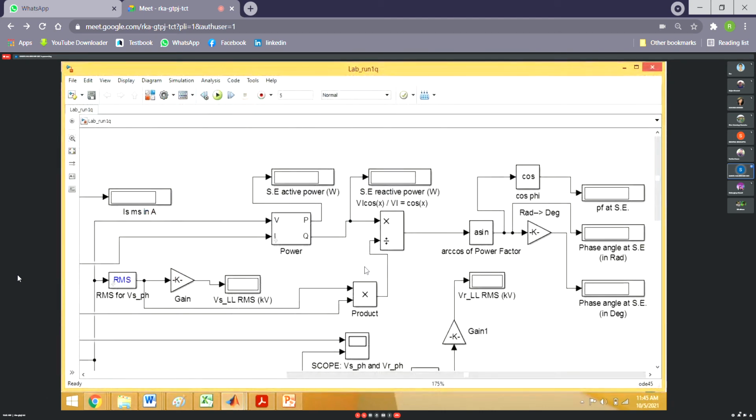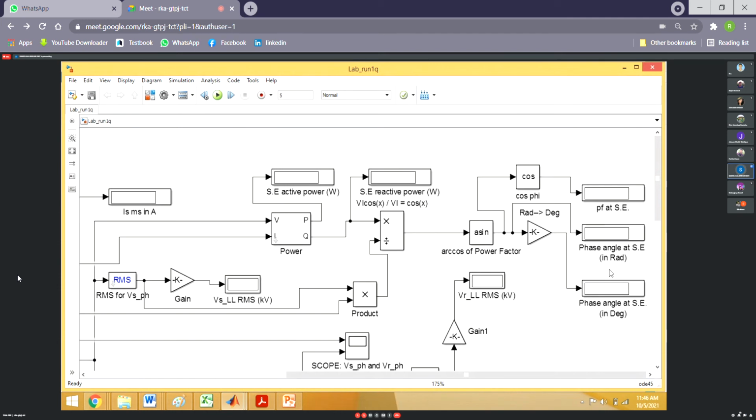What I have done is, instead of active power, I have taken reactive power for the power factor measurement. So what is the equation? VI sin phi equals Q. From there, I can get the sin phi. Then if we take the sin inverse, we can get the phi. So from there, if we measure the power factor, what is the advantage? Cos inverse is always positive, but only if it is within 90 degrees.